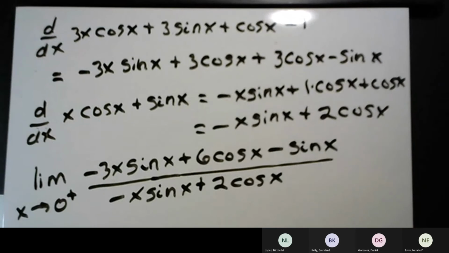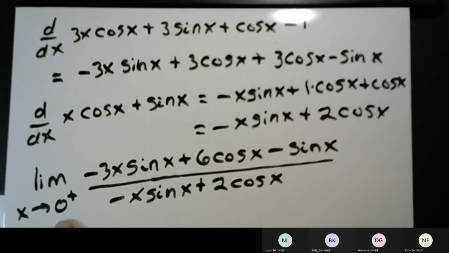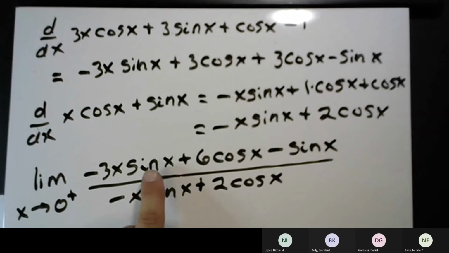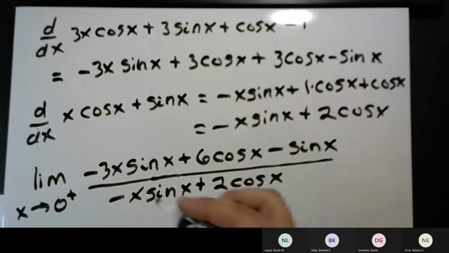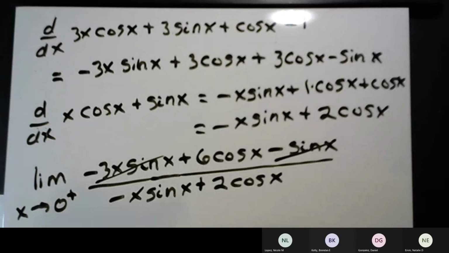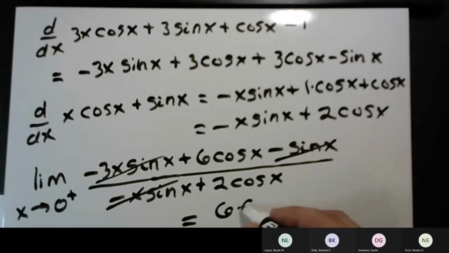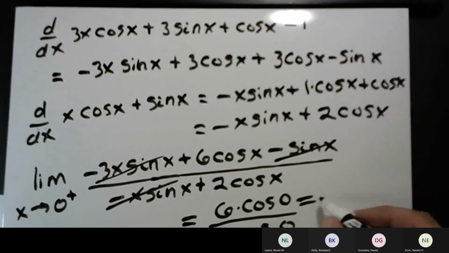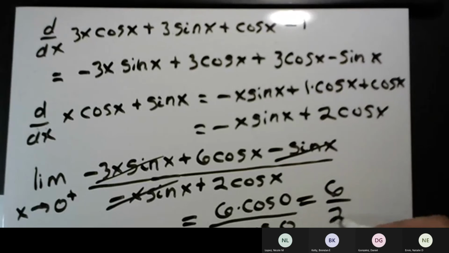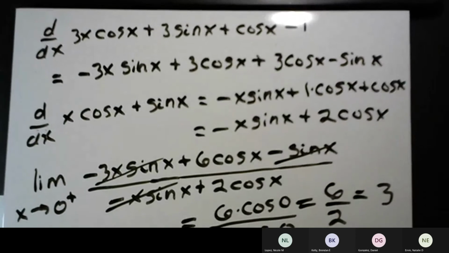So now we put in 0. For all intents and purposes, we're pretty close to 0. This is going to 0 out. This is going to 0 out. This will be 6 times 1. This will 0 out. This will be 2 times 1. So we get 6 times, well, basically cosine of 0 for all intents and purposes. So you get 6 over 2, and finally,